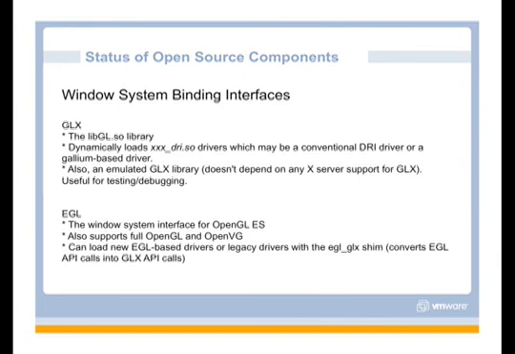The other window system binding interface we care about is EGL. That was the window system interface developed for OpenGL ES, but it also works for any number of other rendering APIs. You can use it with full OpenGL, with OpenVG, and some other things. The nice thing about EGL is it doesn't have any built-in hard dependencies on X like GLX does. So EGL can work with X or other window systems like